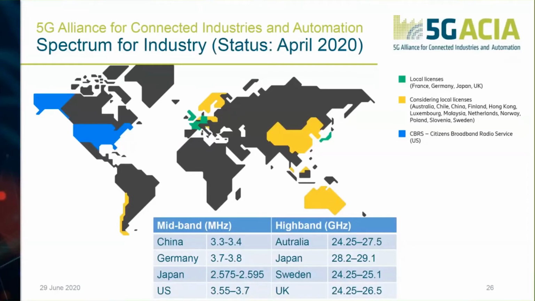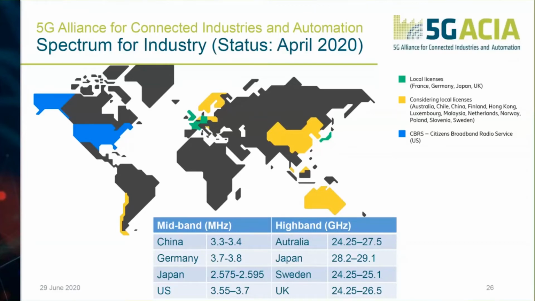You remember, last year you could apply for spectrum. This was in the mid band, 3.7 to 3.8. Then, of course, other countries have followed suit, for example Japan. Japan was both in the mid band and in the high band. There are also others under discussion. For example, Poland has decided, even though here it appears, because the information is from April, but things